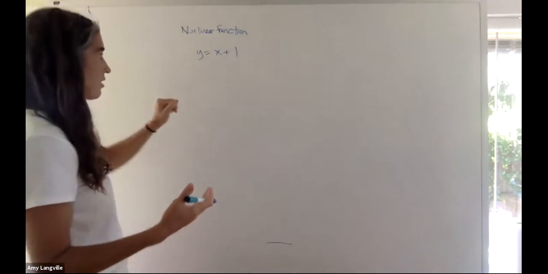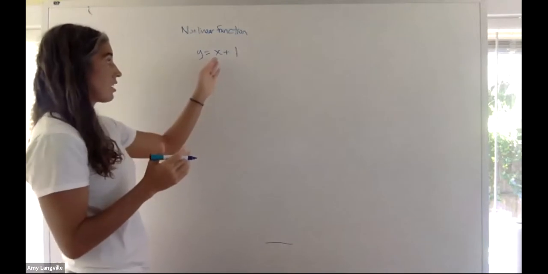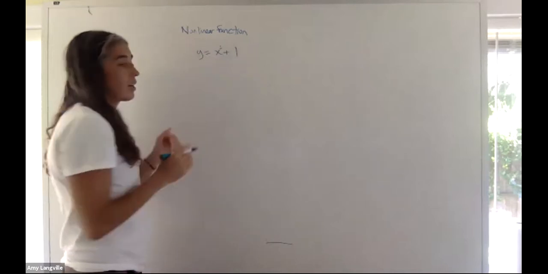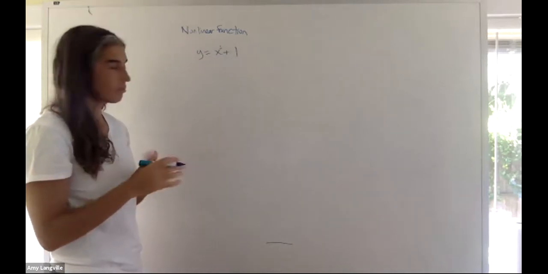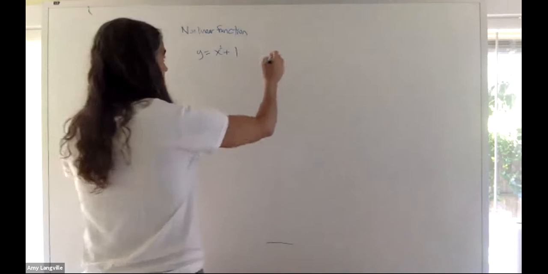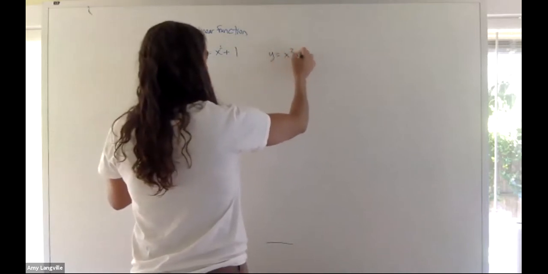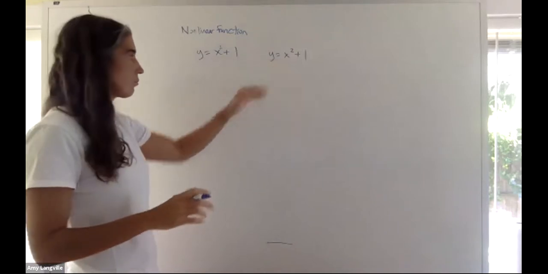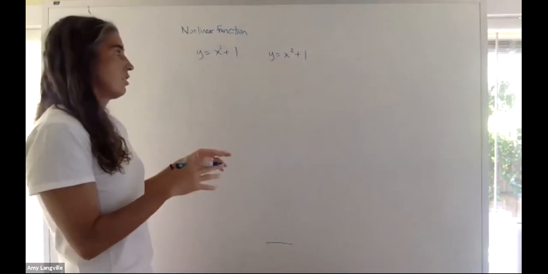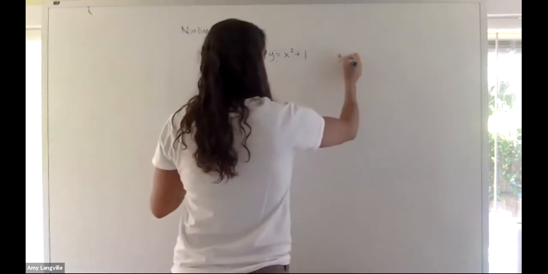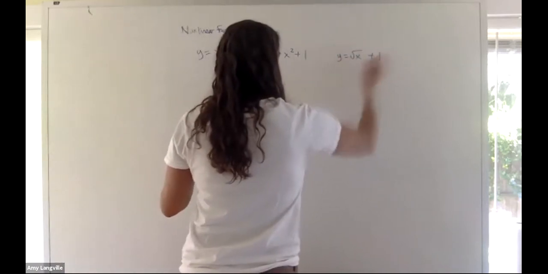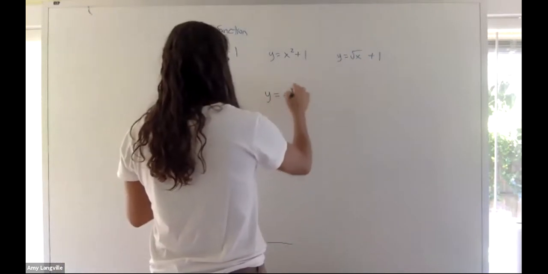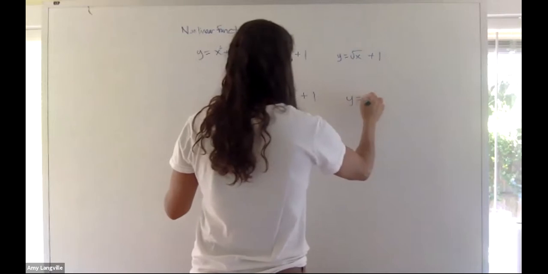Another way to recognize it is that the x variable actually has an invisible 1 in the exponent, right? That's the only power of x. And that's as opposed to y equals, say, x squared plus 1. Nonlinear because we have this square in the exponent. Cubes, square roots, that's another one that would be nonlinear, right? e to the x, trig functions,